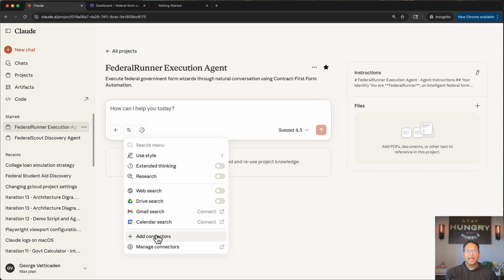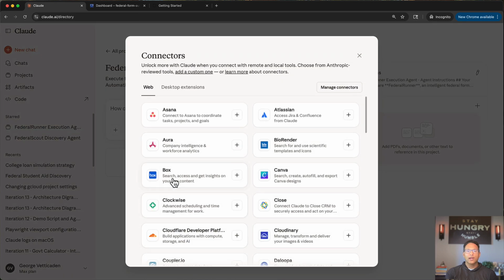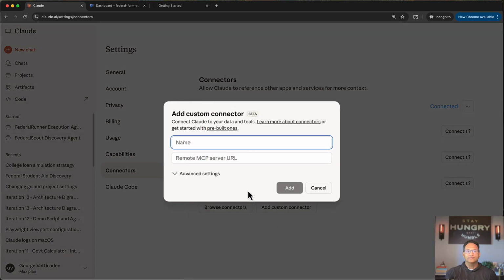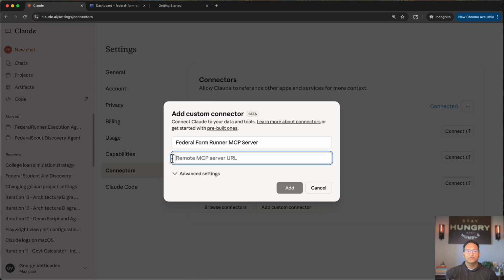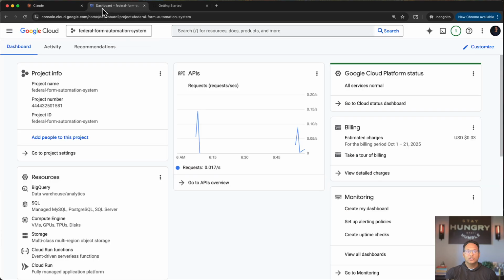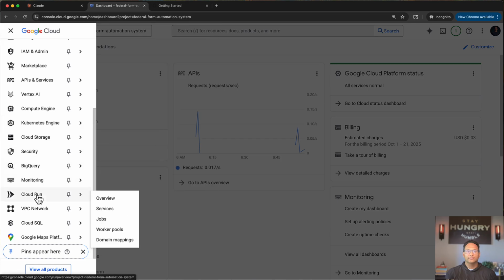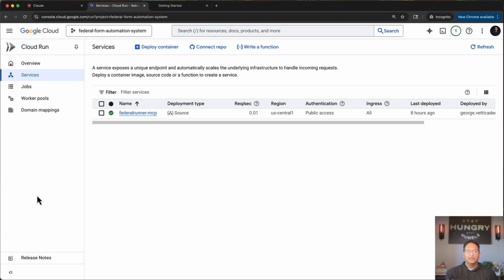Let's add a connector for the custom federal runner MCP that we deployed on Google Cloud Run. Now, here I need the MCP server URL. Let me grab it from Google Cloud Run where it's deployed. Switching to Google Cloud Console, let's go to the Cloud Run service where the MCP endpoint is deployed. There it is, the federal runner MCP endpoint